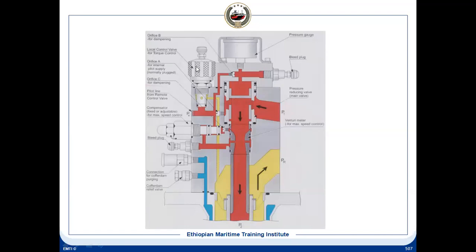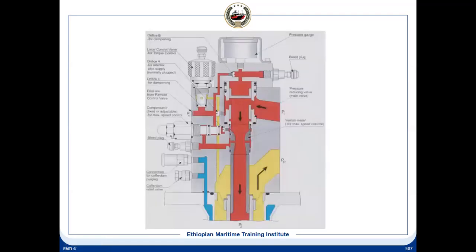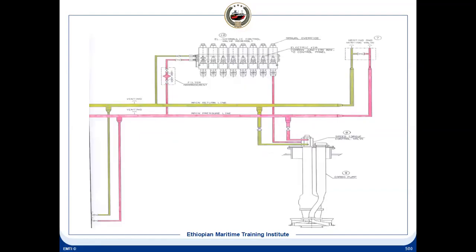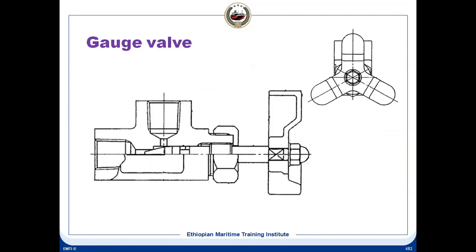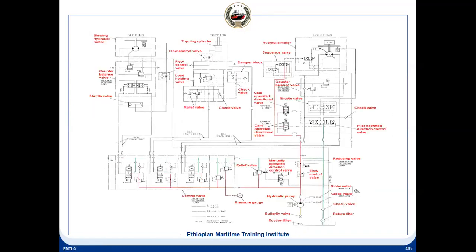And this is our local control. It means by local control we can go to the return line. This is the return line. So it means we can control the flow which is going to our hydraulic motor, and automatically also it can be controlled with the pilot valve, and the pilot pressure, so that remotely we can control the speed of the motor. So this is the system.